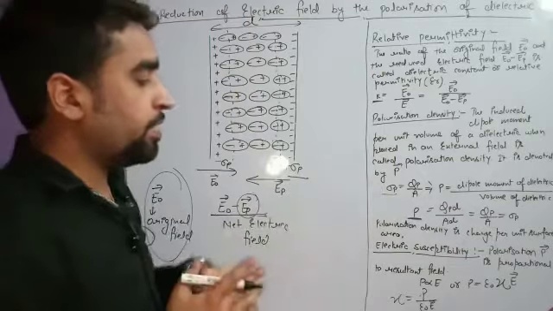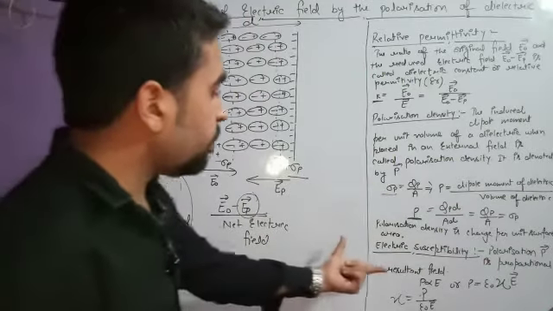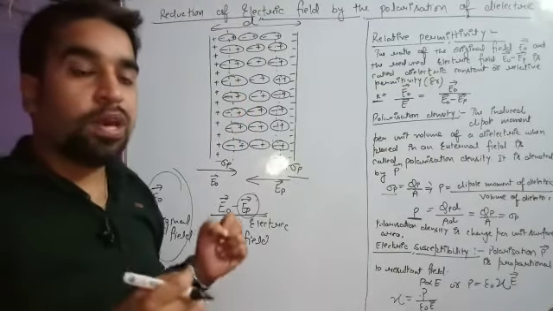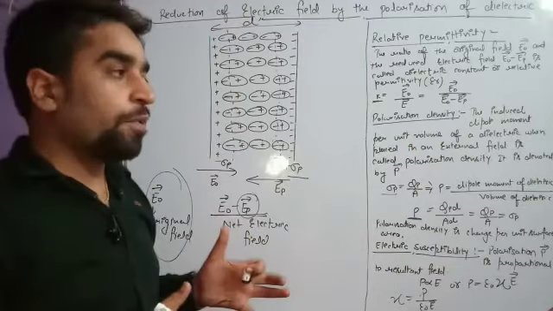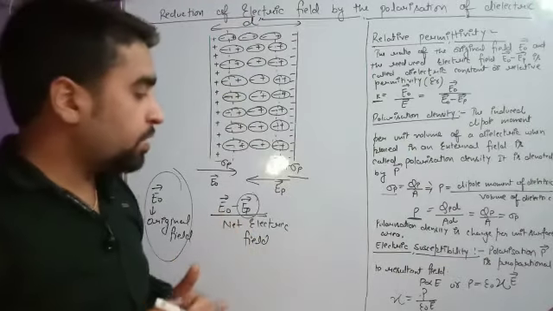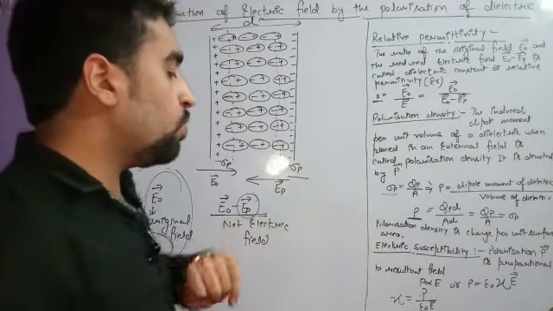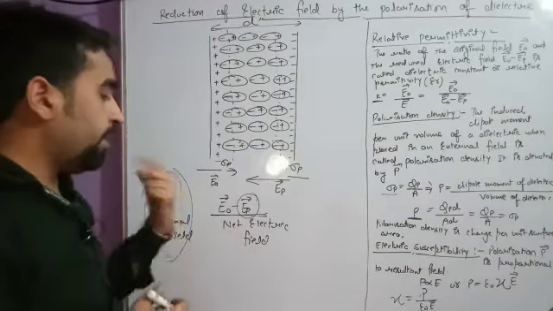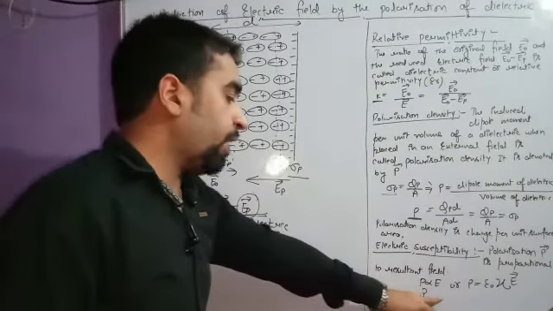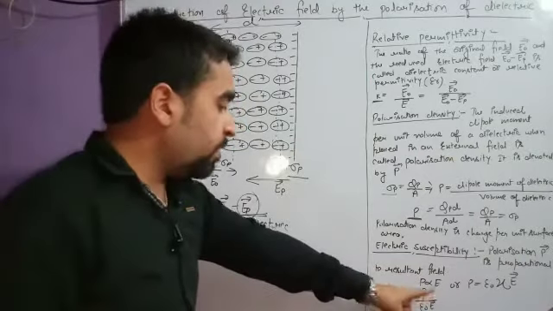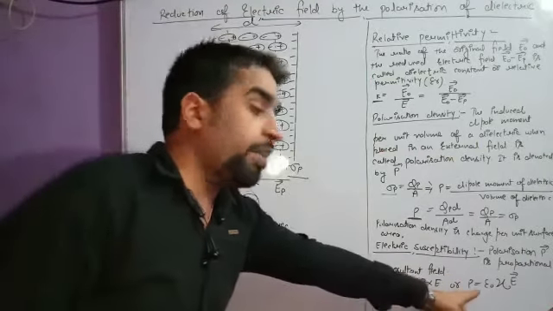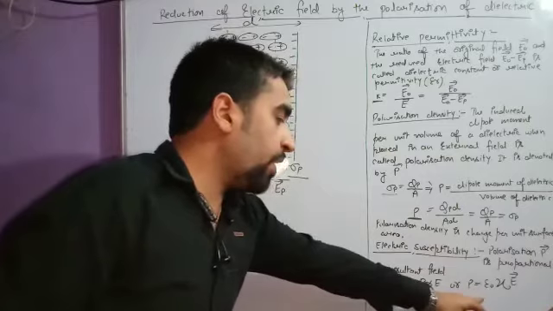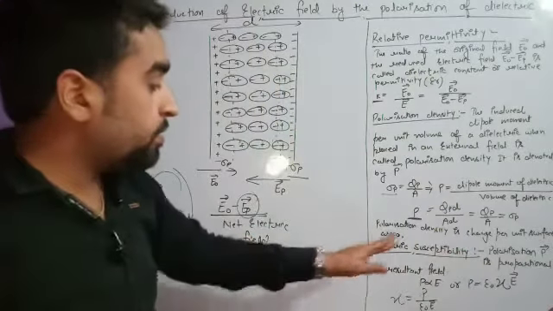So polarization density in short is charge density. Electric susceptibility. What is the meaning of this? This is how a material can acquire a charge, and the property of how quickly a material can acquire the charge. Polarization is proportional to the resultant field. The more the polarization, the more the resultant field. So polarization depends on the electric field. When P is proportional to E, and the proportionality sign is replaced by equal, two constants will be introduced. You have to remember, one is epsilon naught, and another one is xi. This xi is susceptibility.